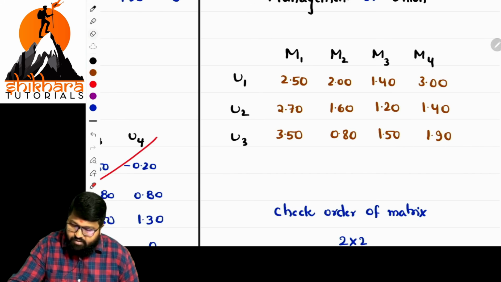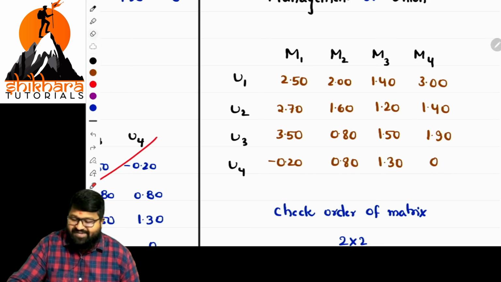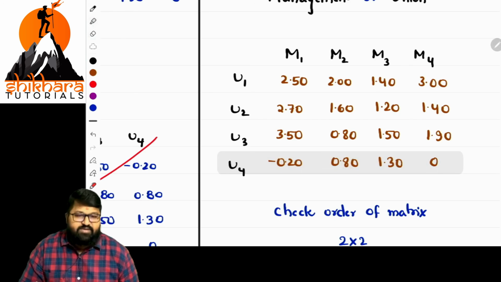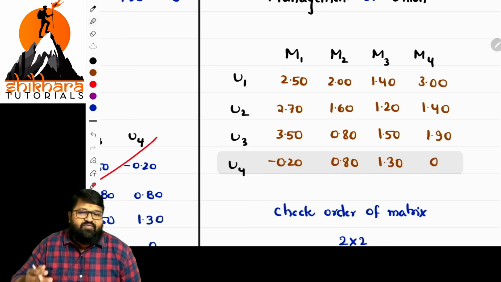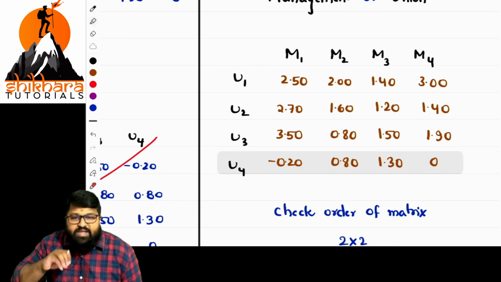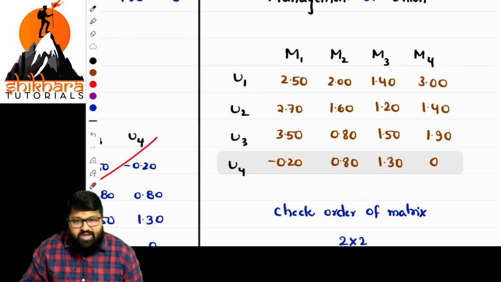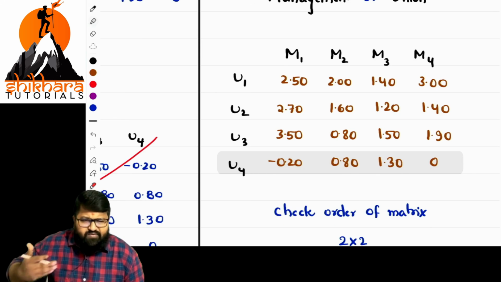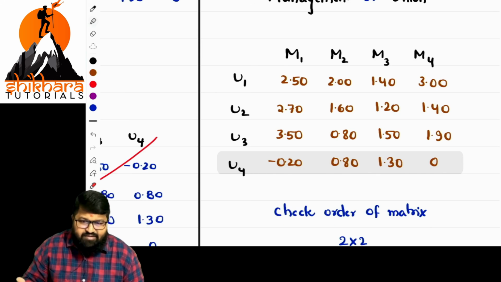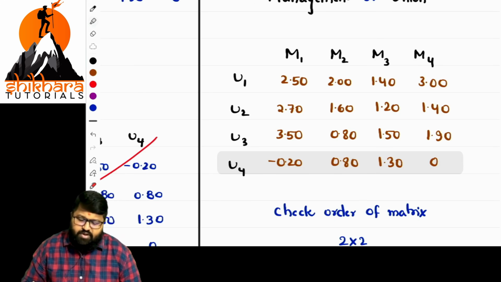By eliminating this, the matrix order has now changed. Is it 2 by 2? No. We should somehow reach the 2 by 2 order. Now we have eliminated one part. Now let us check the columns. If possible, you can also check the rows, but if it is done, then go with the columns, your wish.